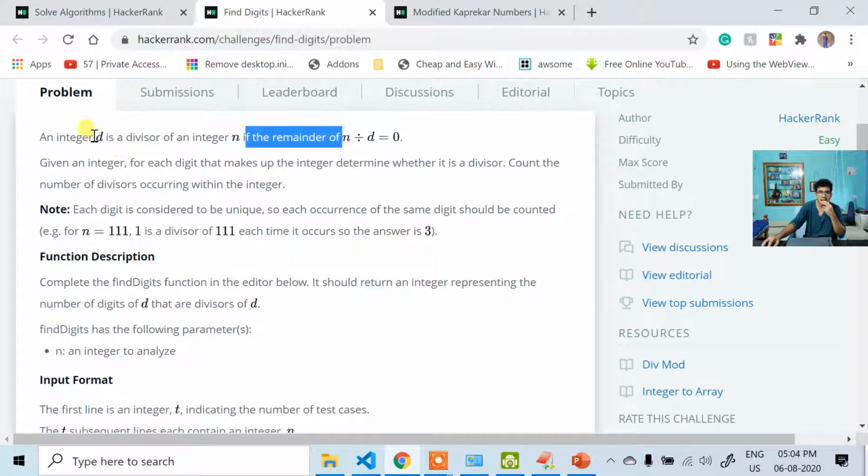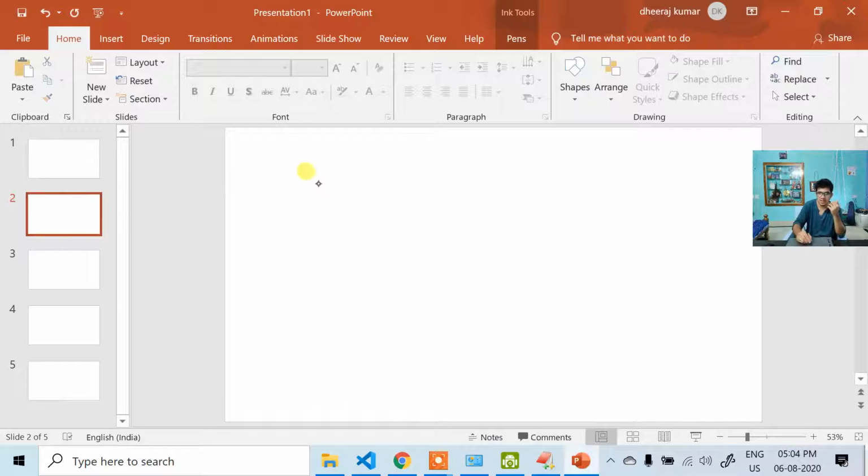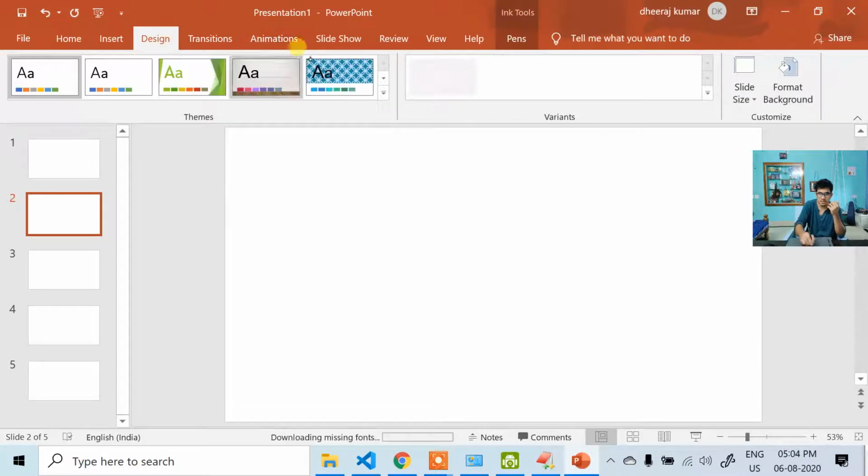So this is basic. An integer d is a divisor of an integer n if d divides n, right? Which means 2 is a divisor of the integer 10 if 2 divides 10. Simple. So what they're telling is, if you have 10, let me go to the drawing.